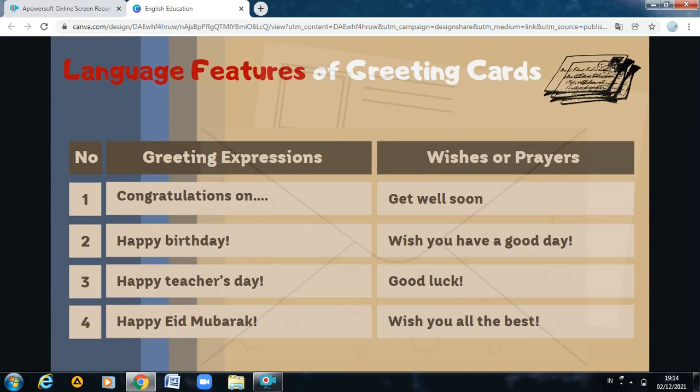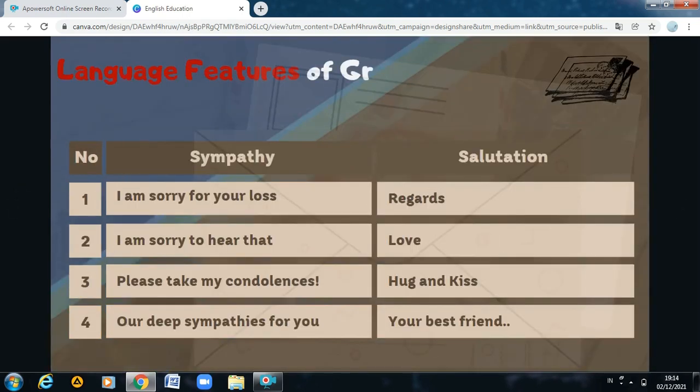For slide 16 and 17, here is 16 and the next one is 17. I use the table in this slide so that the material I convey